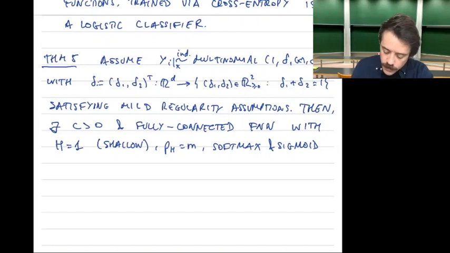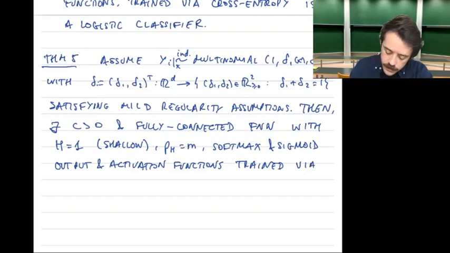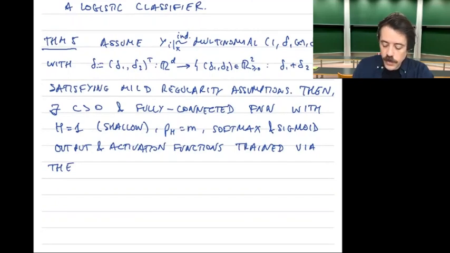So let's say output and activation functions trained via the negative log likelihood via the squared error loss,